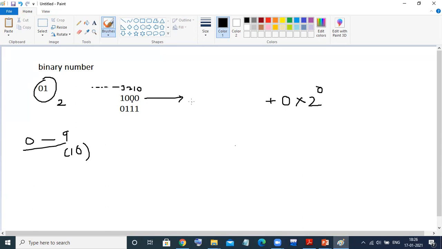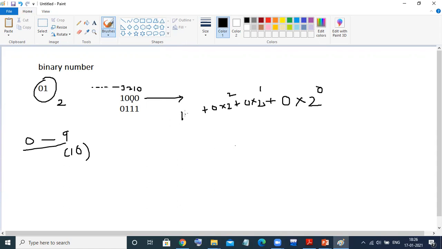Now plus, what is the next number? The next number is 0 again. So again we need to take 0 into 2 to the power 1, plus the next number, again 0, so 0 into 2 to the power 2, and plus the last digit, 1.